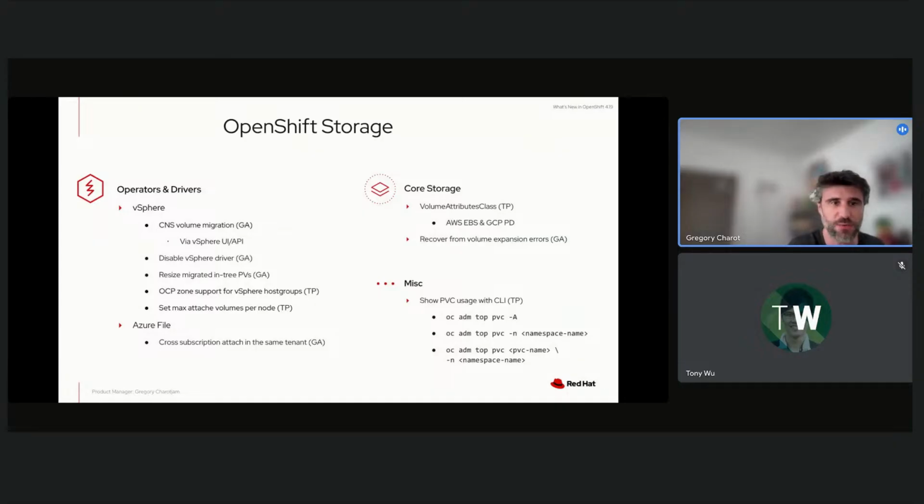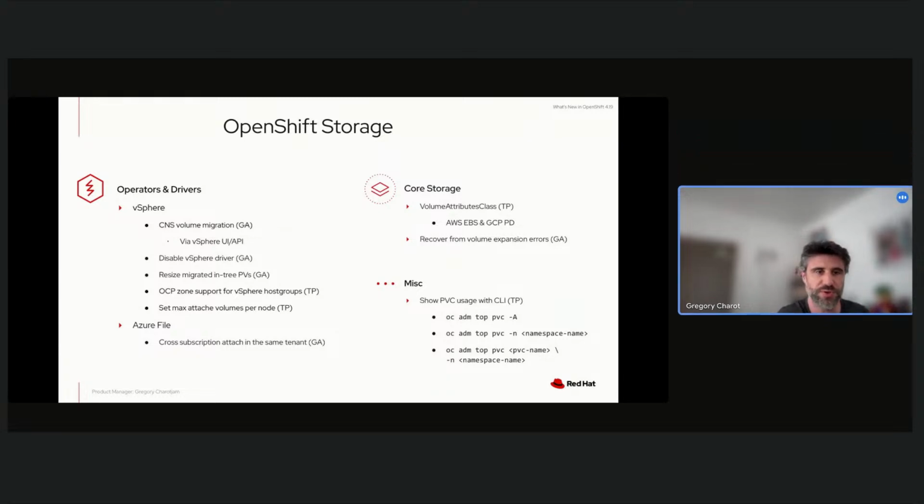So let's start this what's new with the CSI and operators. We have quite a few additions on the vSphere side. First, and this is likely the most anticipated one, we're introducing full support for CNS live migration. This is done directly through the vSphere UI and lets administrators move volumes from one data store to another. And obviously, this is useful if you're running out of space on a particular data store or you want to